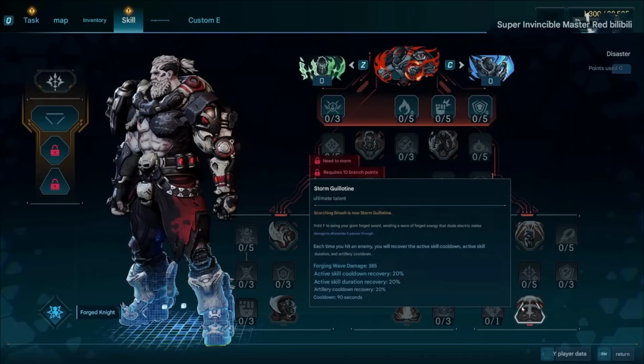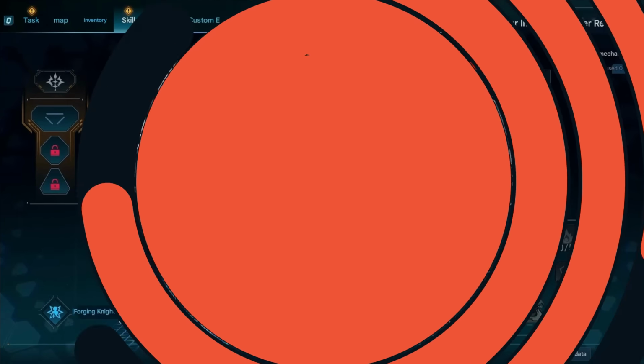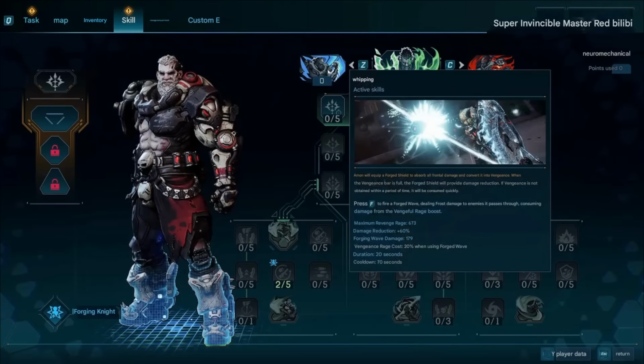Let's go check out the blue one because that's got a lot of stuff we haven't seen yet. So this is the Neuromechanical tree. It probably has a different name in English. It's just a bad Google Translate. And we have Scourge, which is called Whip in here, but we know it's going to be called Scourge from